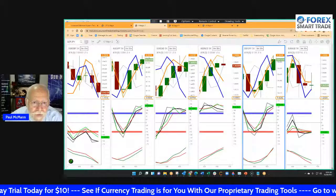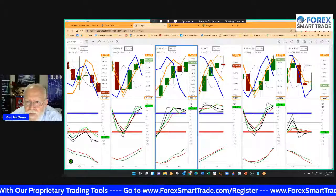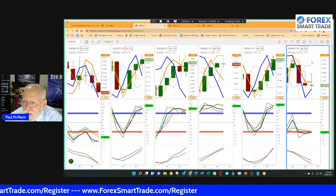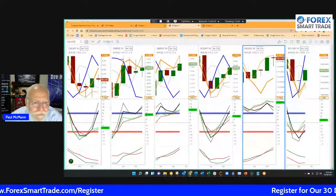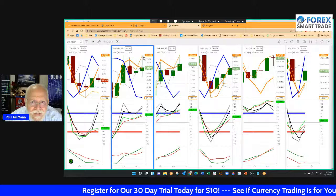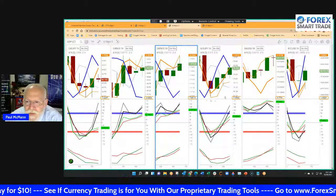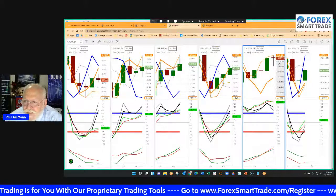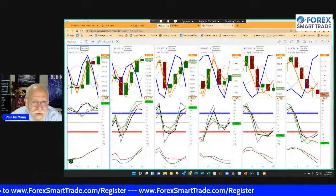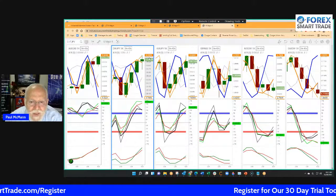Go to the second group. 1.2 not close enough. 8.5 not close enough. 7.4 not close enough. 2 not close enough. This is the one we're thinking about. 2.9 not close enough. 7.2, 6.3, 8.2, 7.4 not close enough, 6.3 not close enough, 4 not close enough, 3.3 not close enough, 9.3, that is